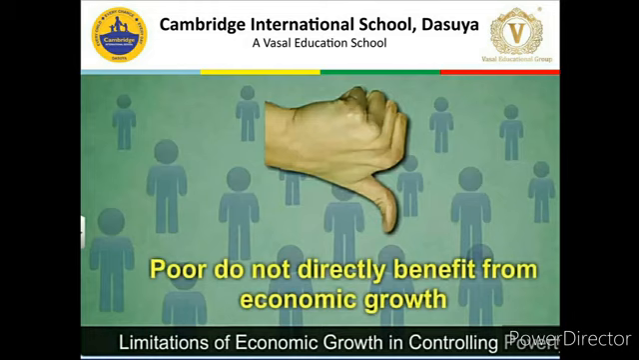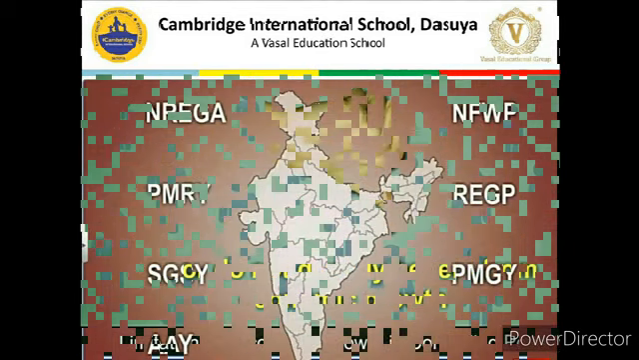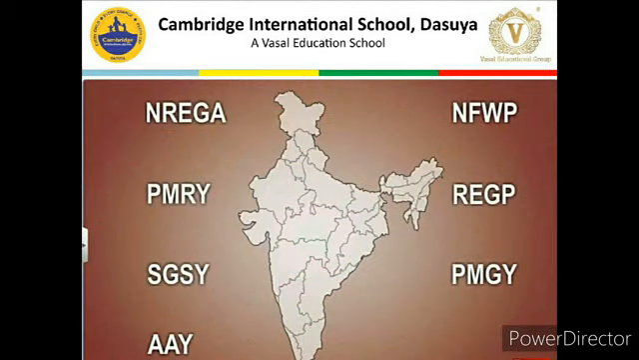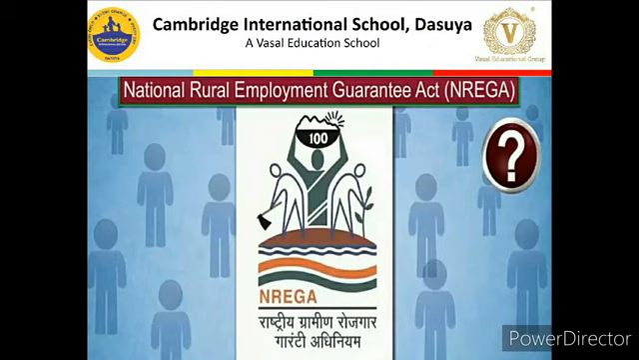Anti-poverty programs which can directly benefit poor people of India are Mahatma Gandhi National Rural Employment Guarantee Act 2005, Prime Minister Rozgar Yojana, Pradhan Mantri Gramodaya Yojana, Rural Employment Generation Program, Swarna Jayanti Gram Swarozgar Yojana, etc. We are going to talk about all these anti-poverty strategies in detail. So first of all, let's talk about the Mahatma Gandhi National Rural Employment Guarantee Act, NREGA,